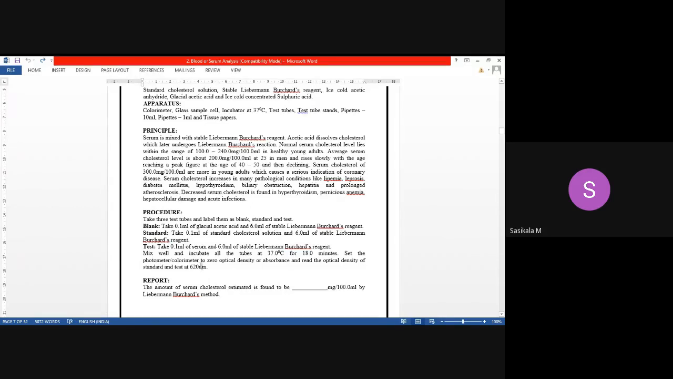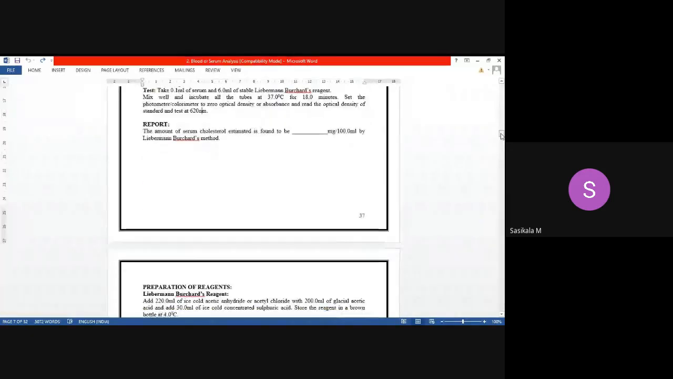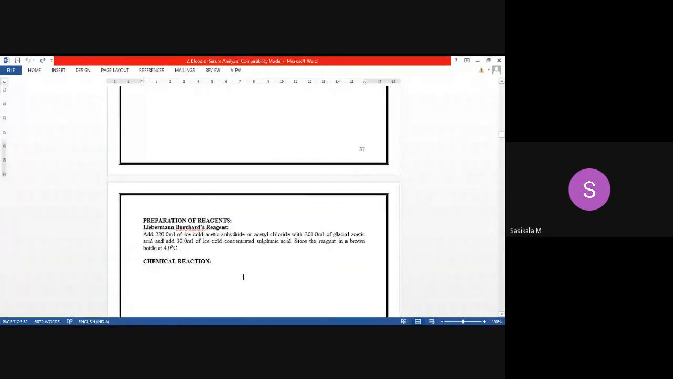Then after analyzing, you need to write your readings in the tabular column. Now let me show you. On another page, we can find how to prepare the reagents. Liebermann-Burchard's reagent is prepared manually. We can also get a ready-made reagent, but we could prepare it with the available reagents. So what is the composition of Liebermann-Burchard's reagent? It is composed of